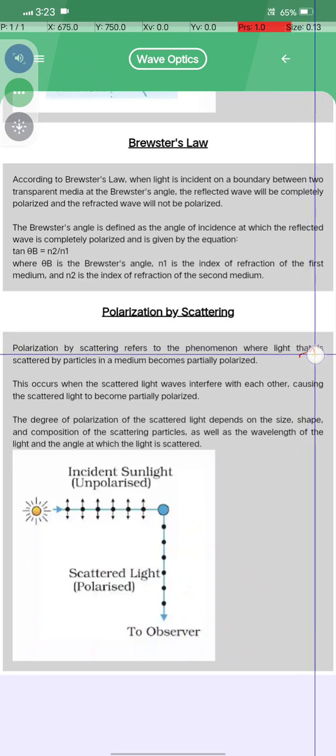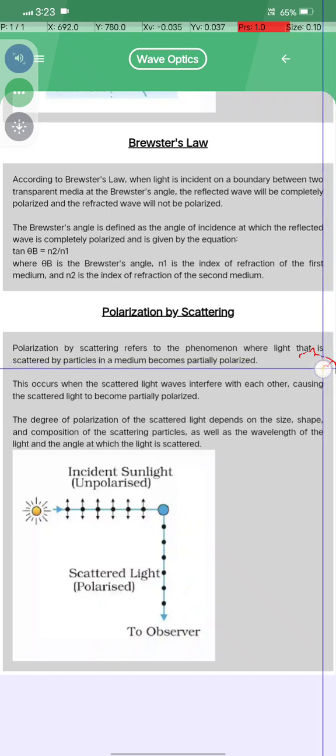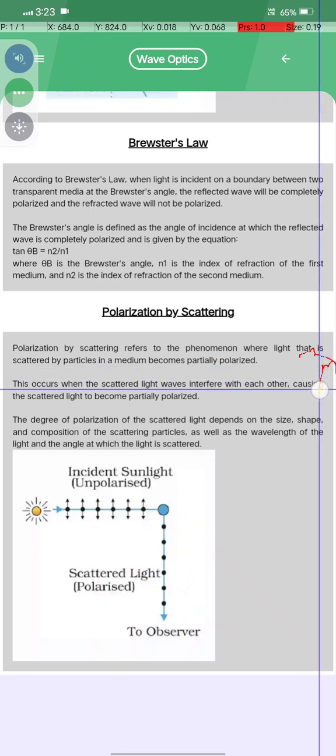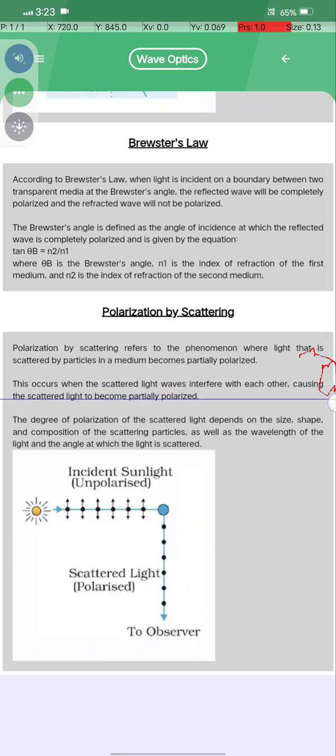Polarization of scattering क्या होता है। Polarization by scattering refers to the phenomenon where light that is scattered by particles in a medium becomes partially polarized. This occurs when the scattered light waves interfere with each other, causing the scattered light to become partially polarized. The degree of polarization of the scattered light depends on the size, shape and composition of the scattering particles as well as the wavelength of the light and the angle at which the light is scattered। Okay,